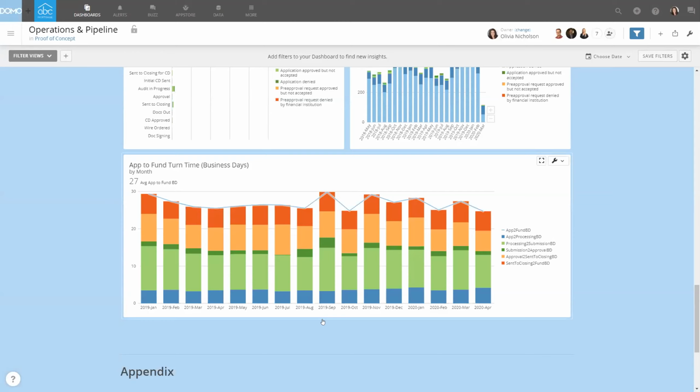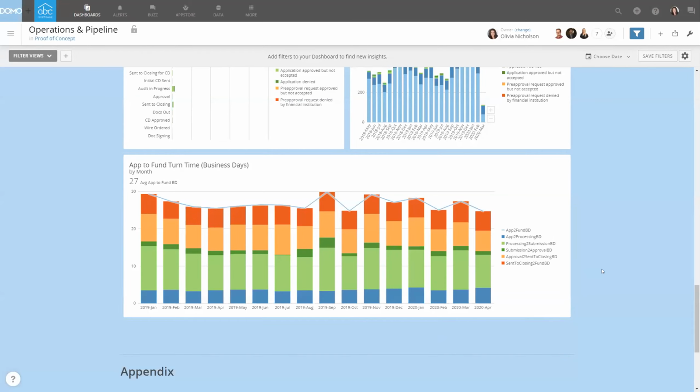In KPIs like this, having them in real time is really helpful to find trends as they're emerging. So you can keep a close eye on recent fundings and see if they're trending longer or shorter turn times. Maybe they're starting to trend a little bit longer, and you can quickly drill into different metrics as needed to identify maybe an underwriter is reaching capacity, or a processor needs a little bit more training, or you're funding more of a certain loan type. So you can really identify those trends as they're emerging before it becomes a bigger issue than it needs to.